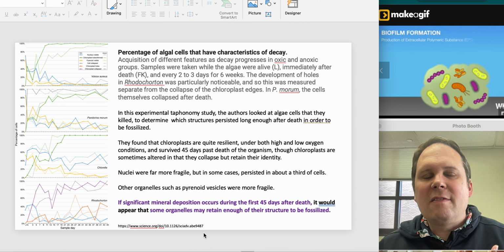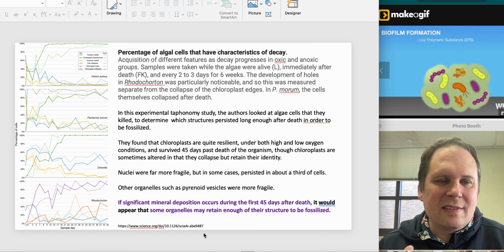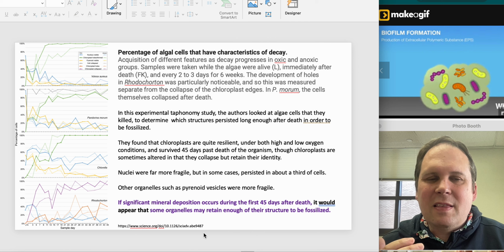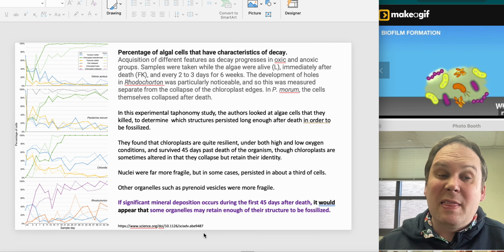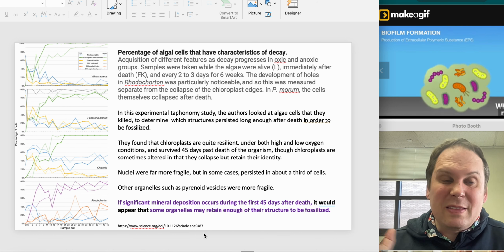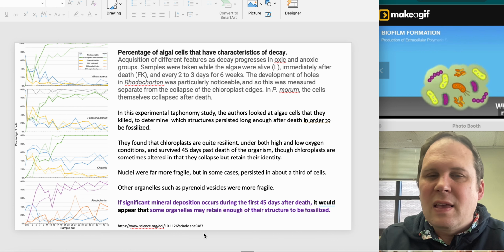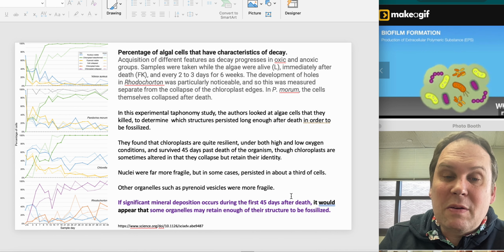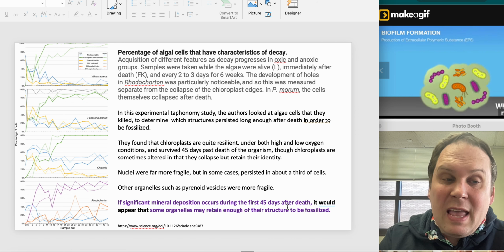So when we look at fossil cells and we see something that looks like a nucleus, there's a possibility that we're actually looking at mitochondria, for example. They would be a different size, but depending on what taphonomy has done to them, it may be hard to tell for sure. So yeah, if you get significant mineral deposition in roughly the first 45 days, that may actually